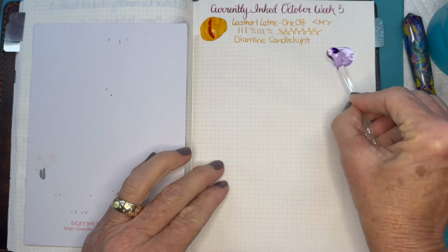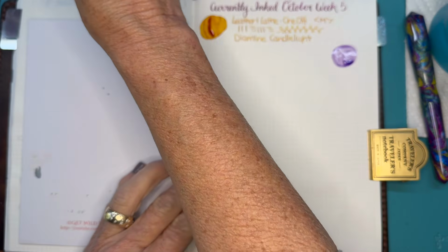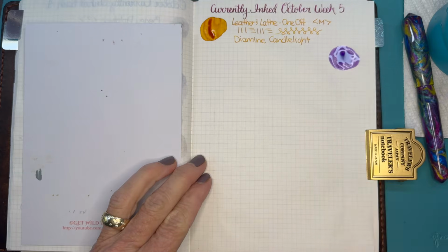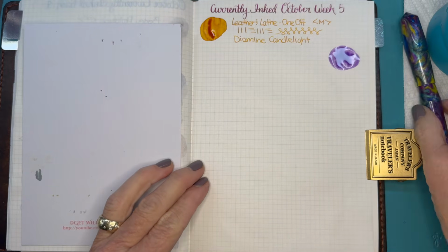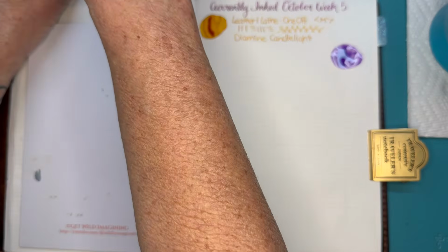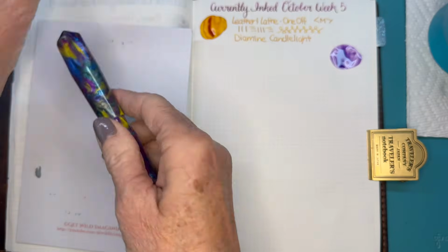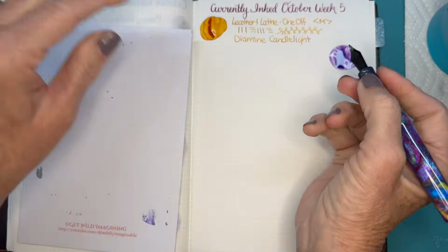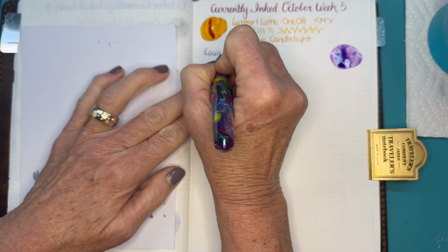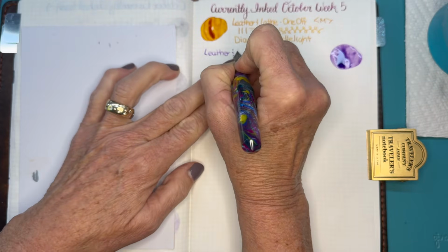I love this purple. It color shifts, and sometimes it seems too light, but sometimes not. And I just like the way I think coming out of a broad nib looks really nice. Let me get the lid on that thing. There we go. Okay, Leather Lathe,